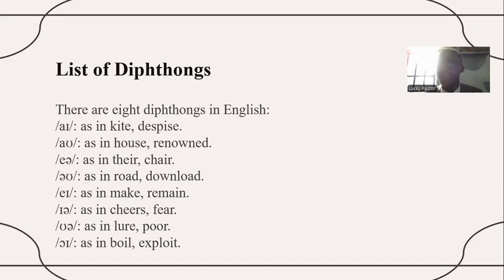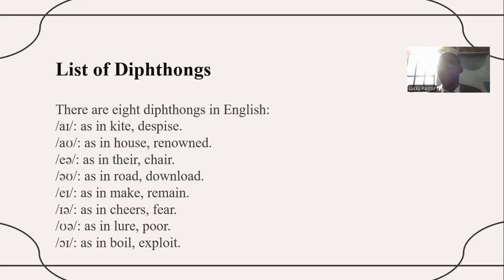Then we have the ear sound. The ear sound is a glide from the E to the schwa sound. E to the schwa sound is ear. And you can find this sound in words like cheers, fear, ear. Remember? Ear. Then we have another glide